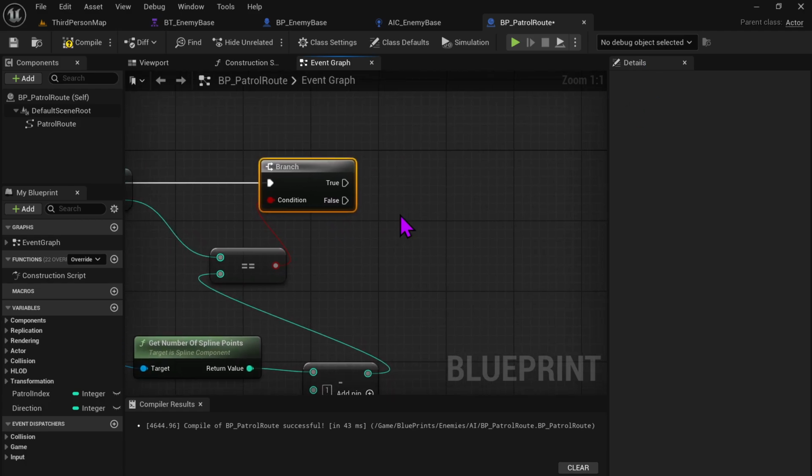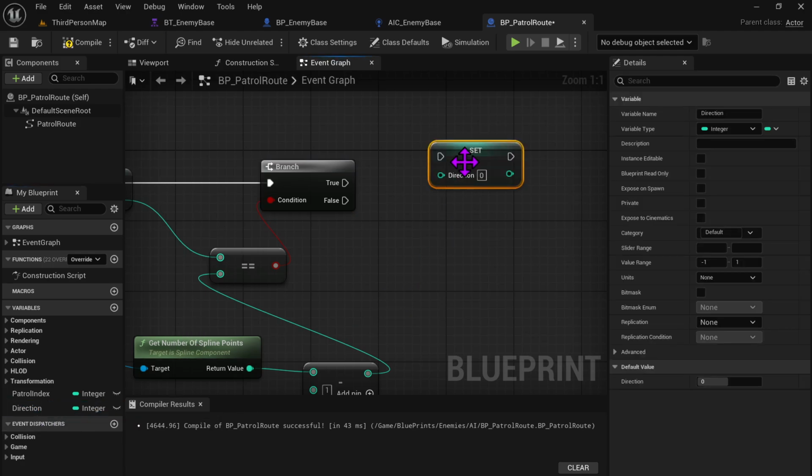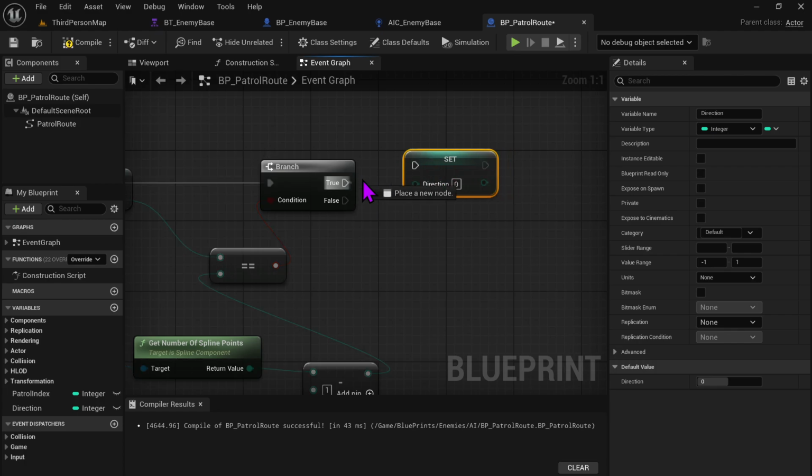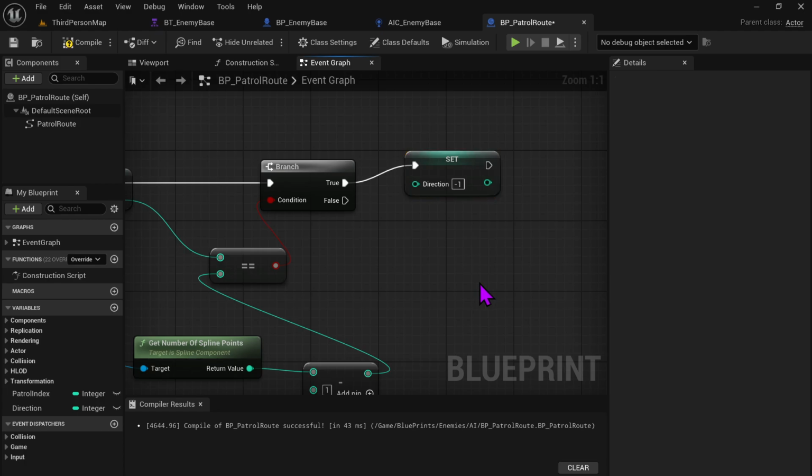So if it's true, we can actually drag off direction and get a set. We'll connect that to true, and we're going to set this direction to -1. Our direction 1 means move forward along the path. Direction -1 means go back to the beginning. So if we've reached the end, go the hell back. Then if false,